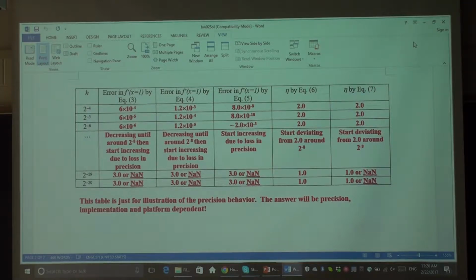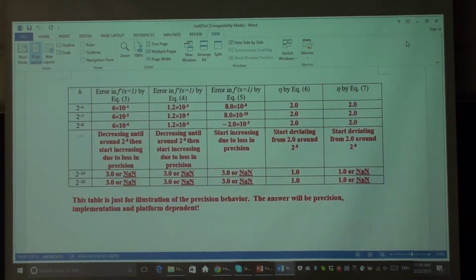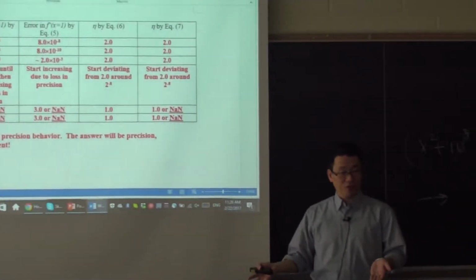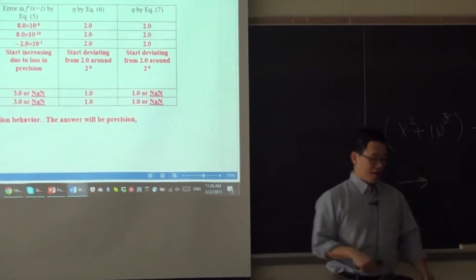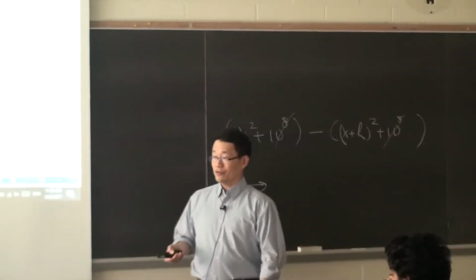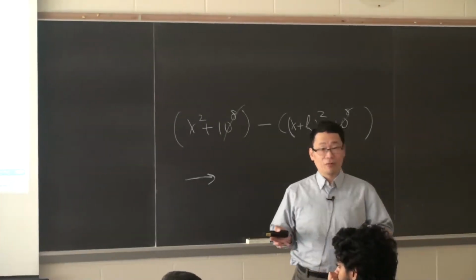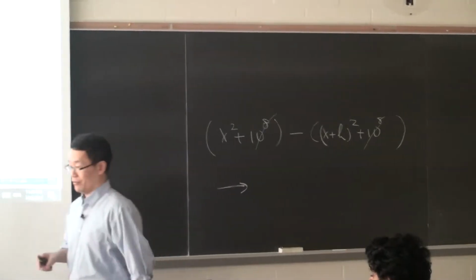You can execute them and know the behavior of your platform. The calculation is dumb, it's so simple, but it is a good demonstration of how your platform handles the precision, and whether it behaves as expected: first order decreases as first order, second order decreases as second order, and when it hits the bottom of your precision limitation, what happens, how your platform handles it. These are part of the utility you should take with you. If you start a program on a new platform, this is something you should run, and you should know the behavior of your platform.